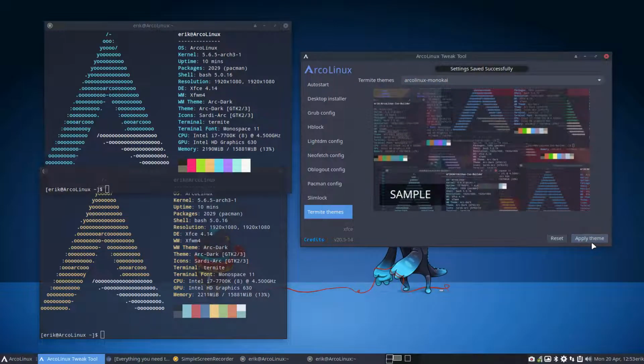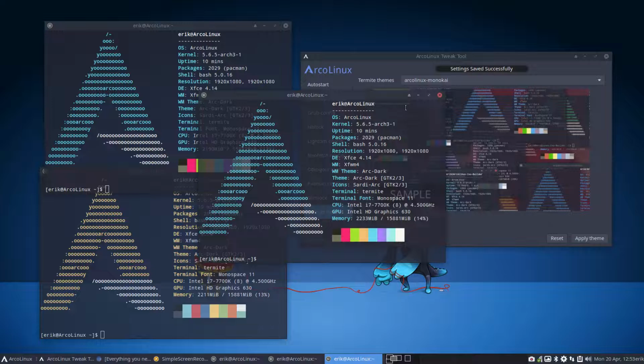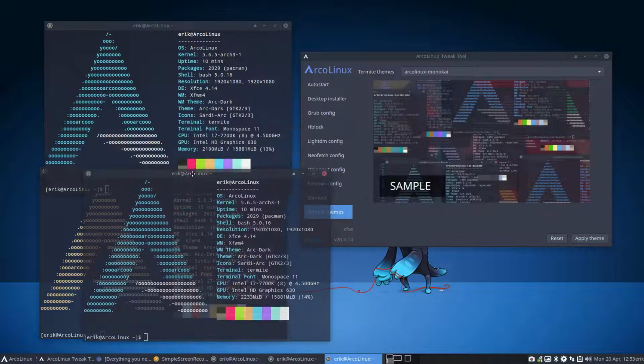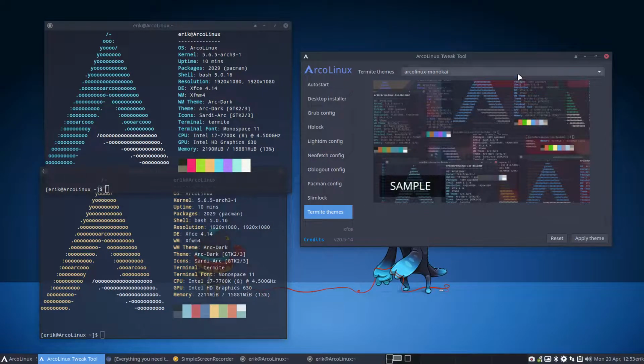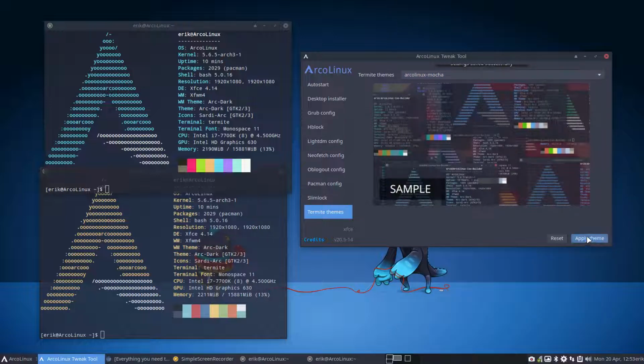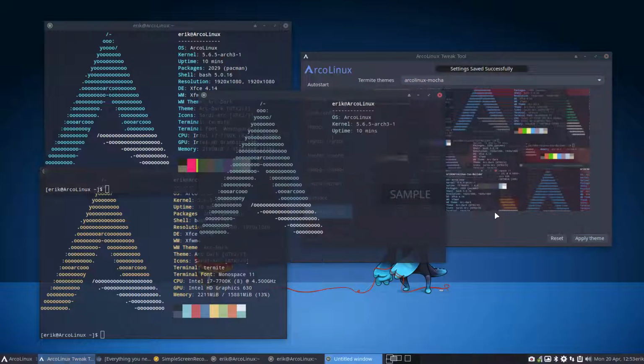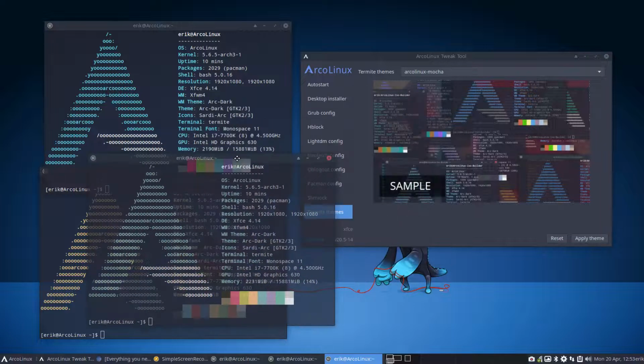Monokai, let's try that one as well. Ctrl-T and see if you like it. You see, these two guys are the same. I think I just took Monokai, but you'll see that sometimes these themes are actually, in picture, not that different. The point is,